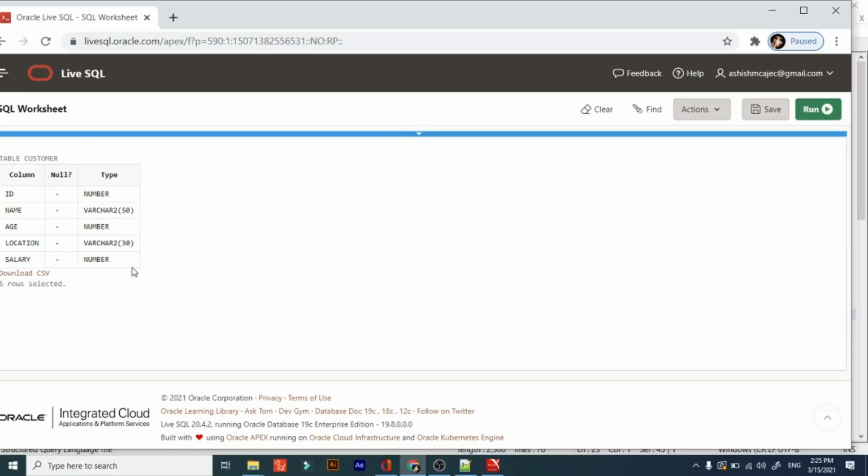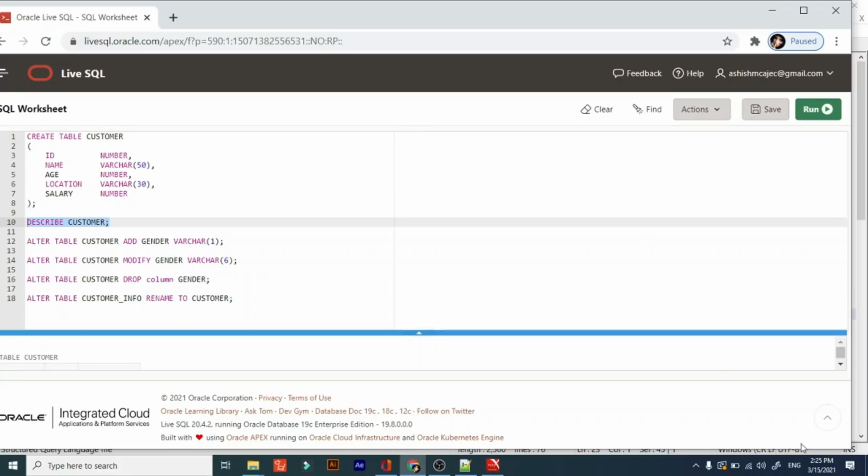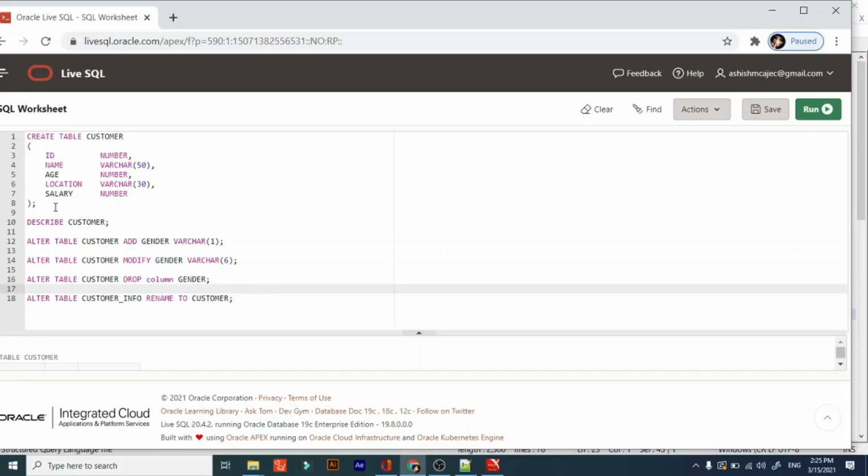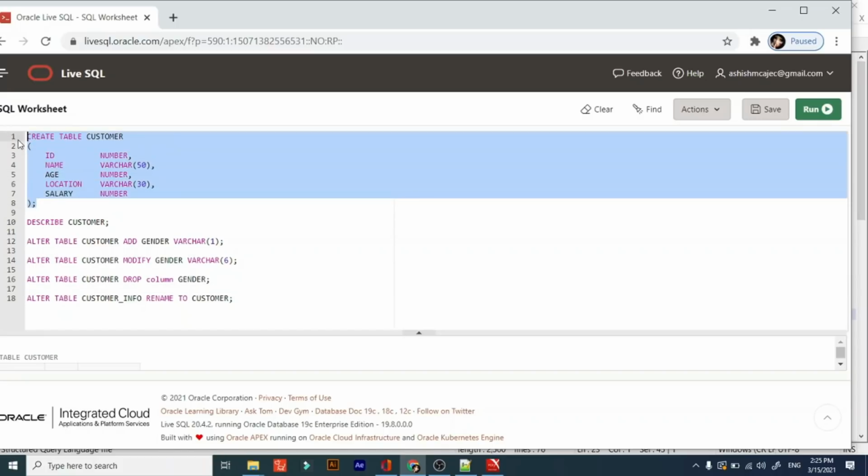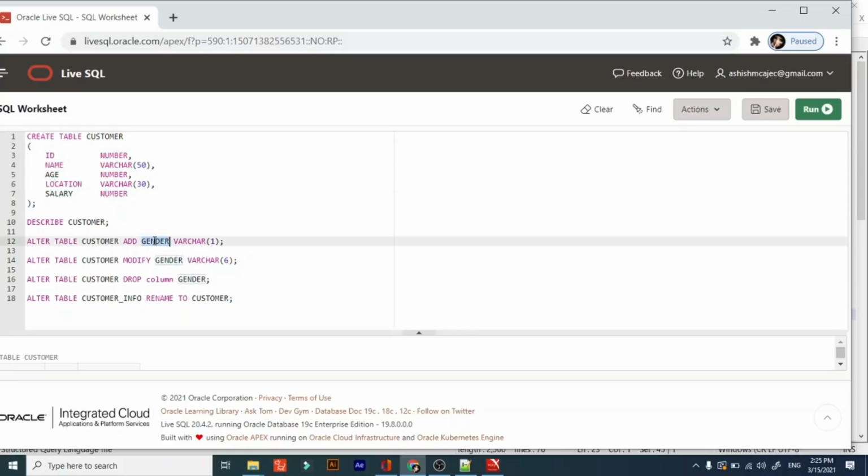See, this is the customer table structure. So we have used all these alter table commands.